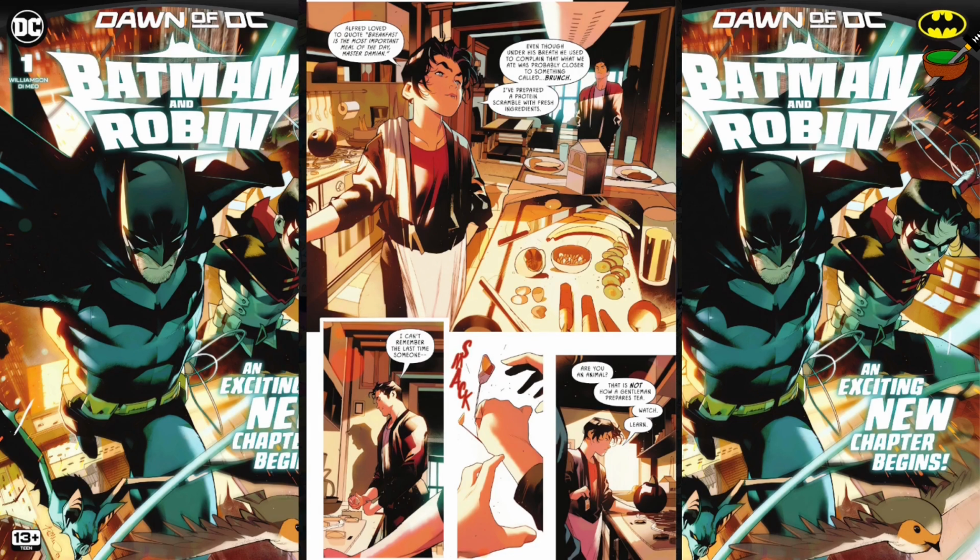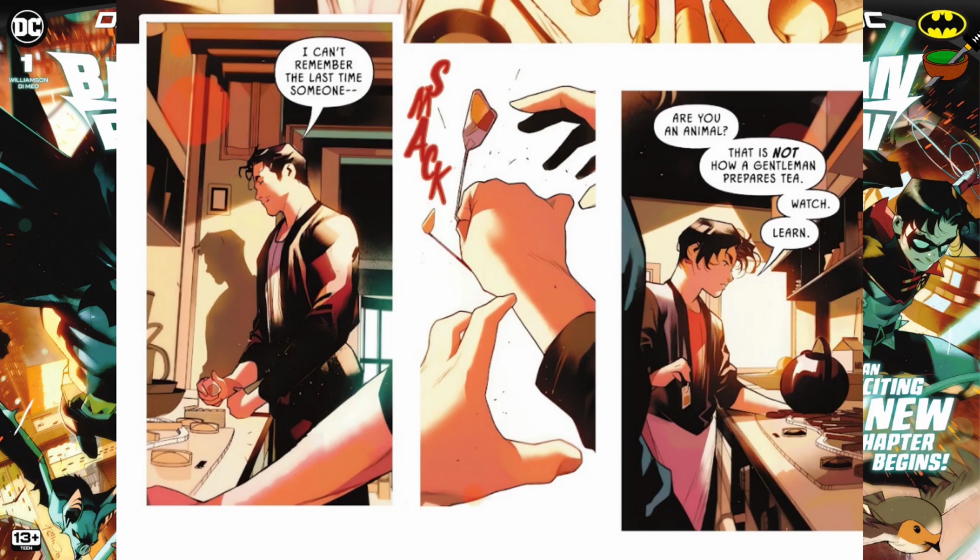And then we see Bruce in the background about to make a cup of tea when Damian grabs the tea bags from him. Are you an animal? This is not how a gentleman prepares tea. I can't tell if it's Damian speaking or Damian mimicking Alfred, but it's a nice scene this,